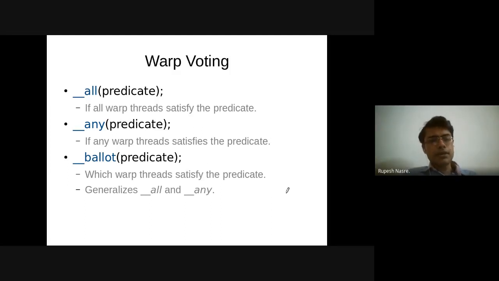And ballot is the general case where I'm going to get a bit mask of these 32 evaluations from these 32 threads, which can be used for implementing all and any. So let's make use of these. Any questions on this basic aspect of warp voting functions?